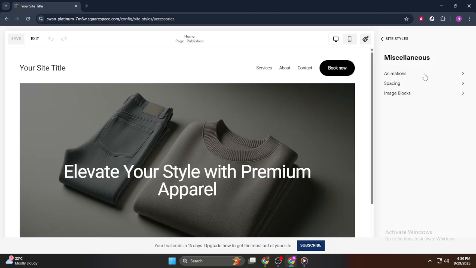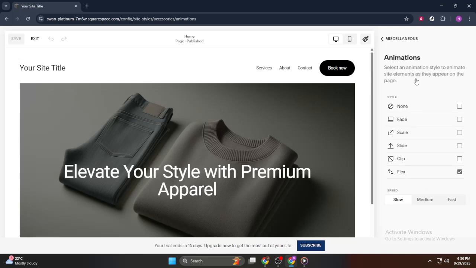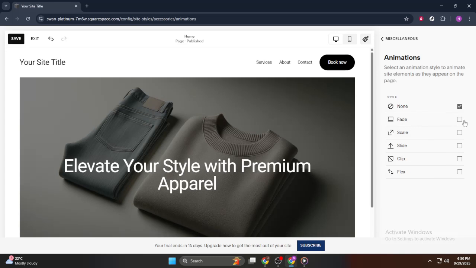Once you click on the Miscellaneous tab, direct your attention to the Animations setting within it. This is the gateway to instituting the movement effects across your site. Clicking here will reveal a list of possible animation types, providing flexibility depending on how subtle or bold you want the movement to be. For the next steps, the key is experimentation and finding what feels best for your site's